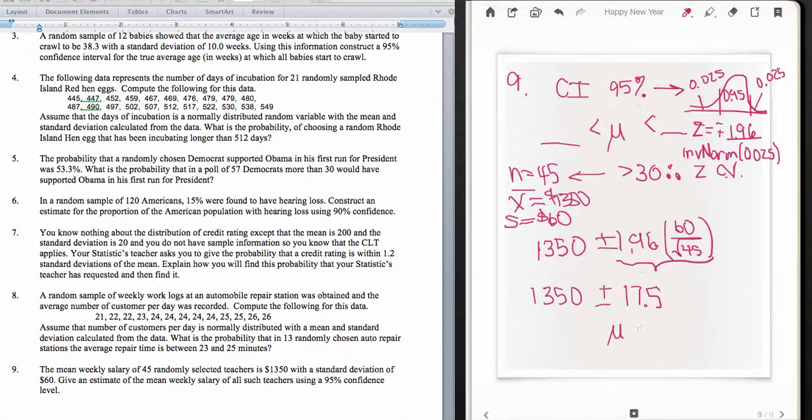So I'll write it down here again. So 1350 minus 17.5, we have 1332.5, and these are in dollars. And then the plus the 17.5, and that's going to give me